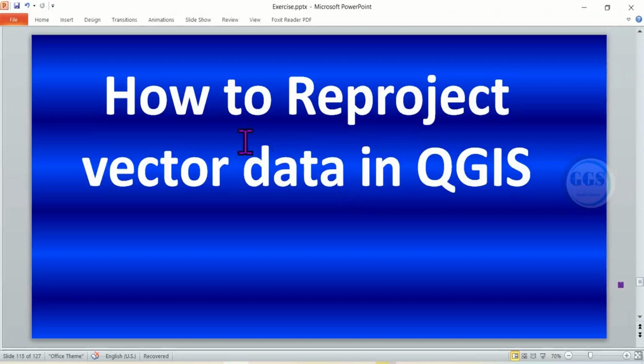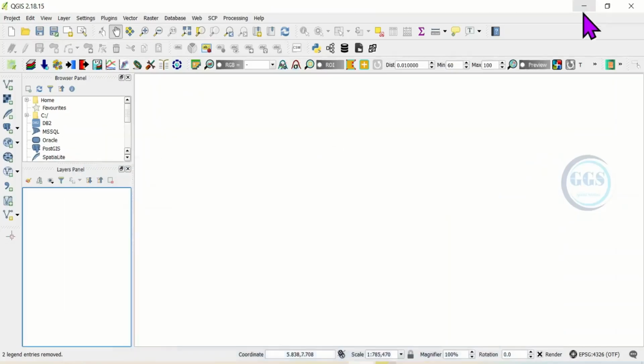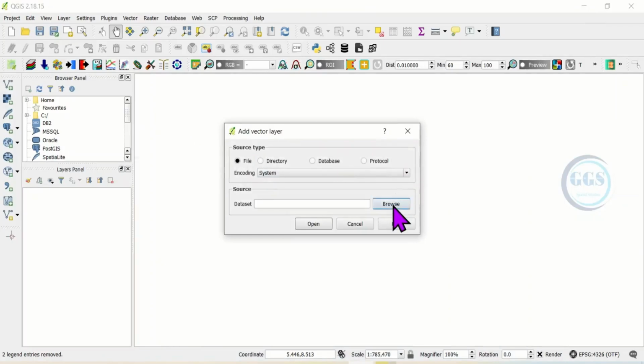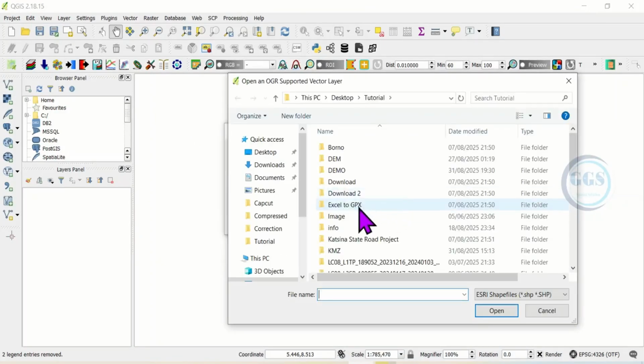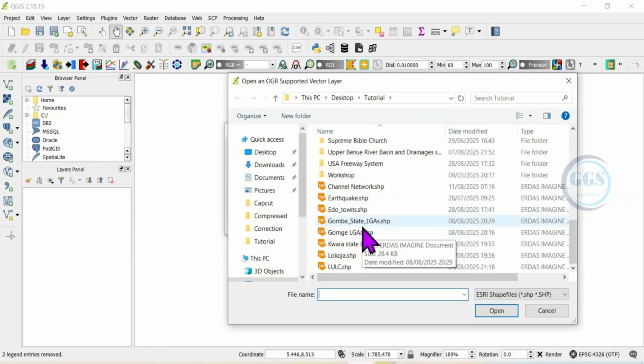In this video, I want to show you how to reproject vector data in QGIS. So to do that, here in QGIS, let's bring in a vector data to demonstrate it. To do that, click on Add Vector Layer, browse to your folder, and in this exercise, I want to use